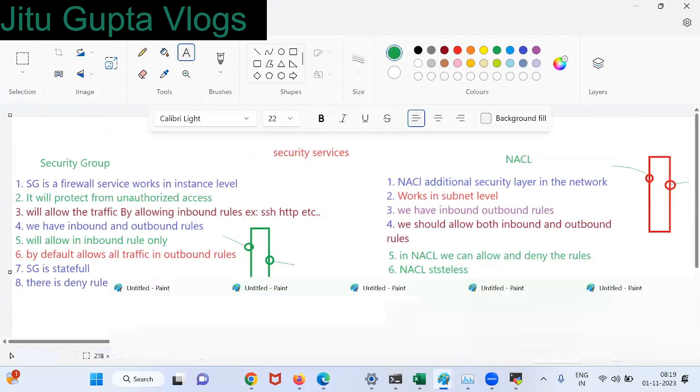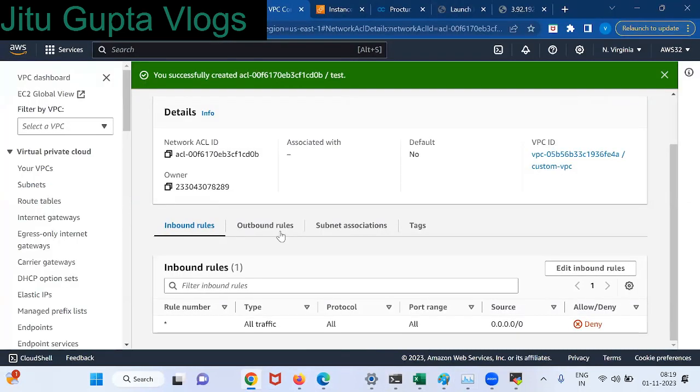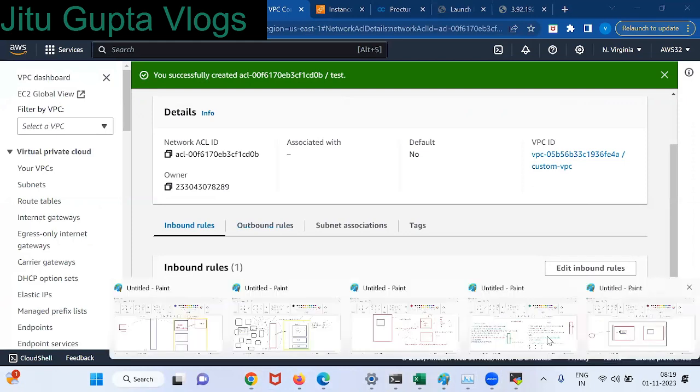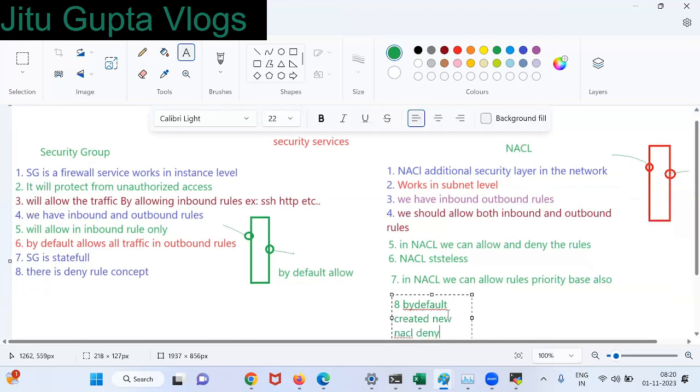What is the rule number? By default, no number here, they're giving a star. So by default, a newly created NACL denies all rules.